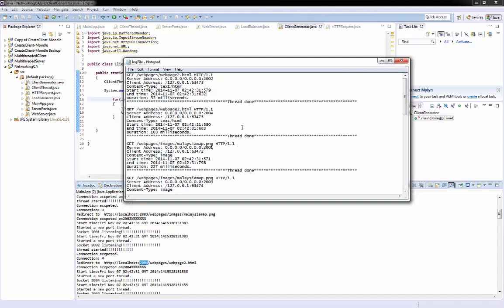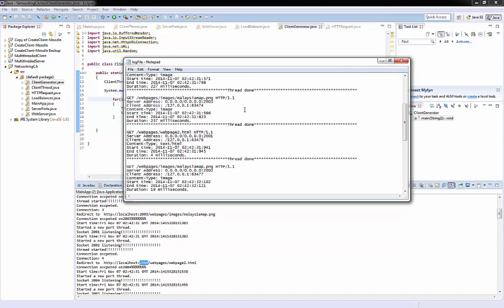So while one task is getting done, maybe another task is smaller, the size of the file is smaller, so it would just get done and then wait and listen for the next task. So here is my server address, my client address, and this is the client port, and the start time with milliseconds, and end time and the duration. So this is my full log file,